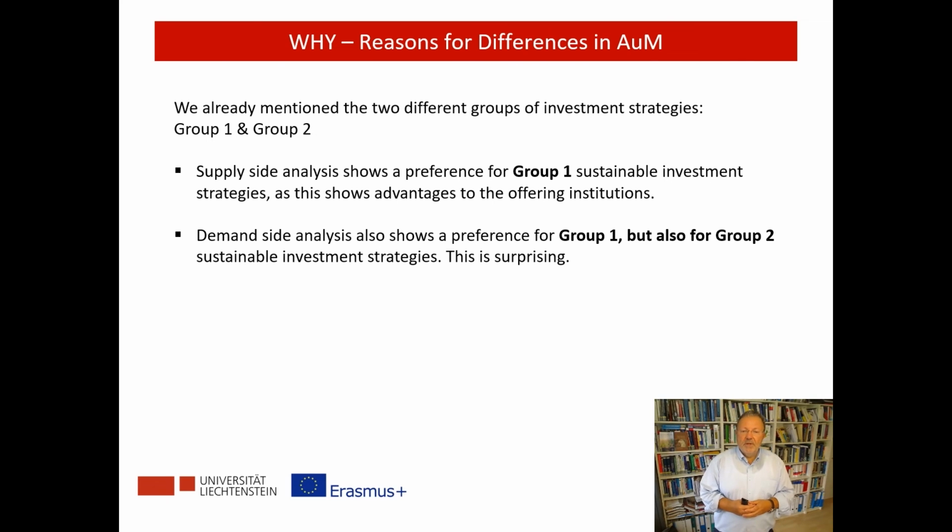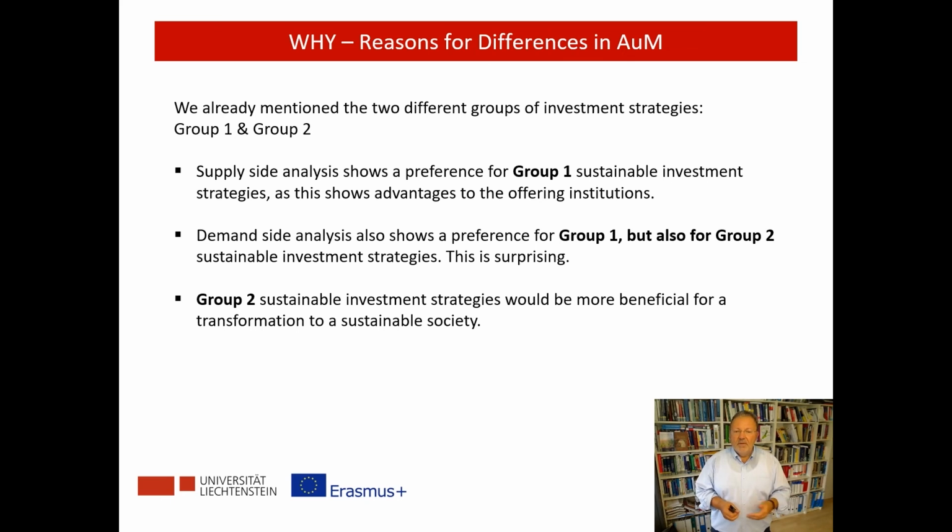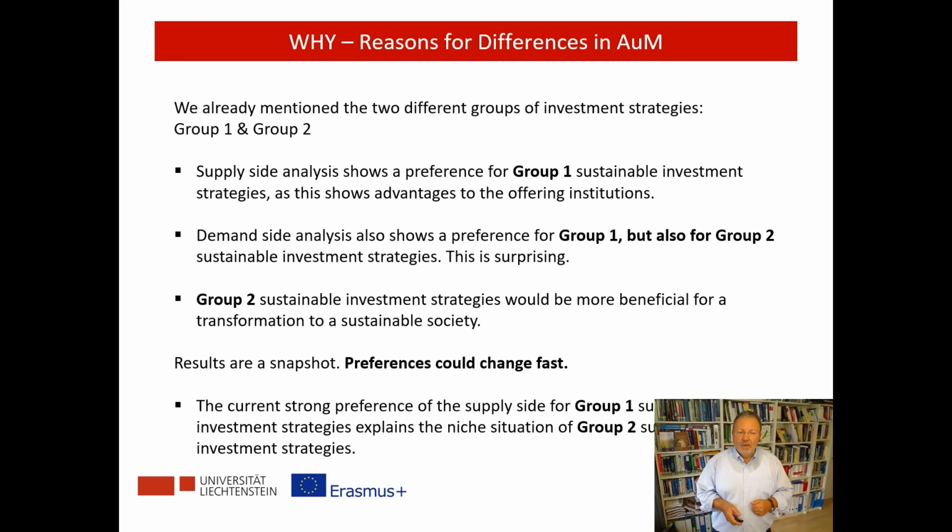Group 2 sustainable investment strategies would be more beneficial for transformation to a sustainable society, but at the moment the demand is more for Group 1. The current strong preference on the supply side for Group 1 sustainable investment strategies explains that niche situation of Group 2 sustainable investment strategies. Okay,